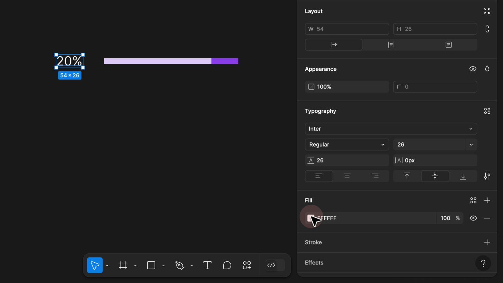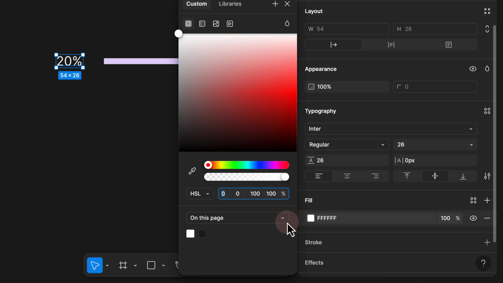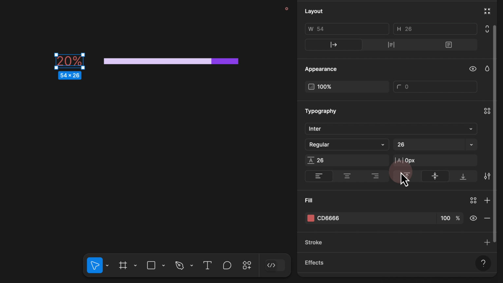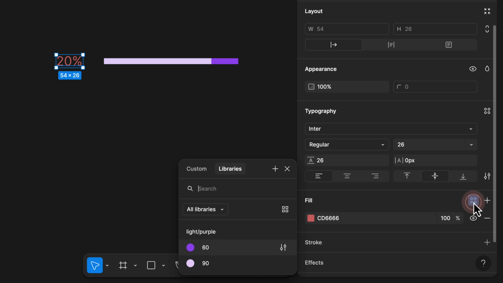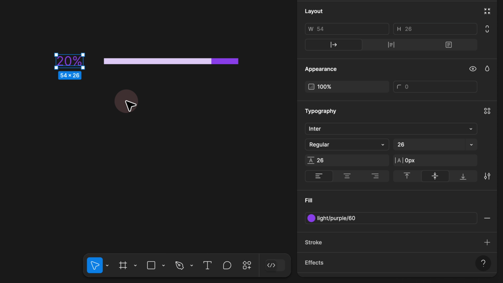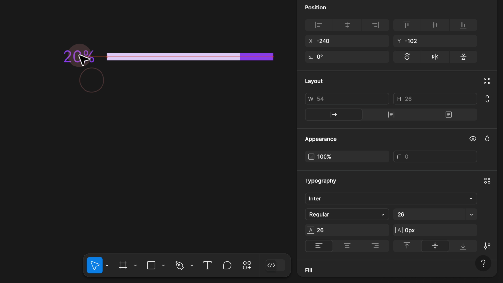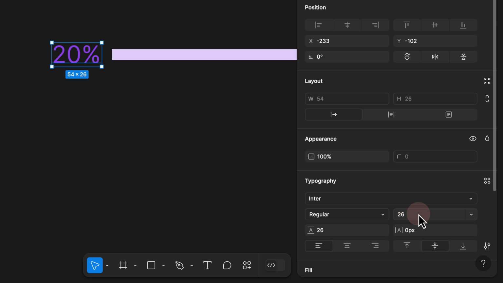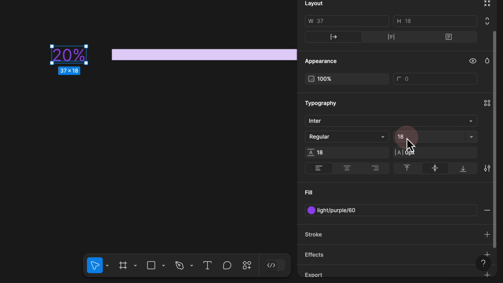It is using the primary color, so I would click here. Instead of randomly selecting a color, I have to make sure I click on that 4 dots and select that purple from the library. Also, if I zoom in, here we see that it is still a bit bigger. So instead of 26, we can drop it down. I reduced it to 18 pixels, also to 18 pixels for the line height and